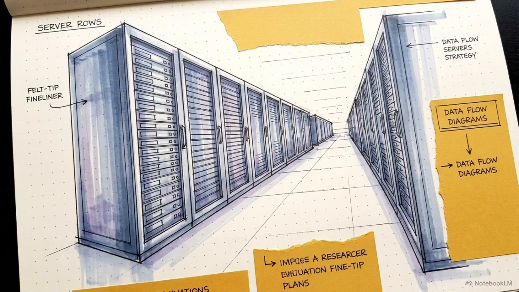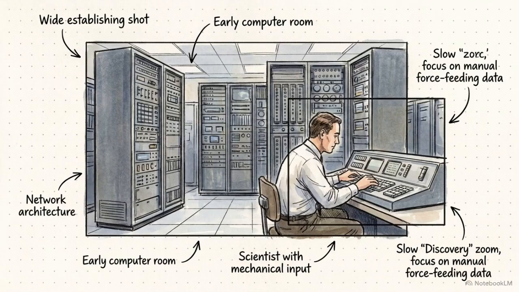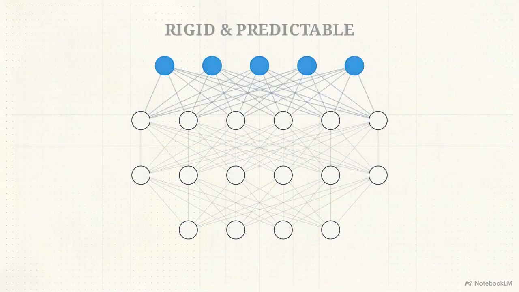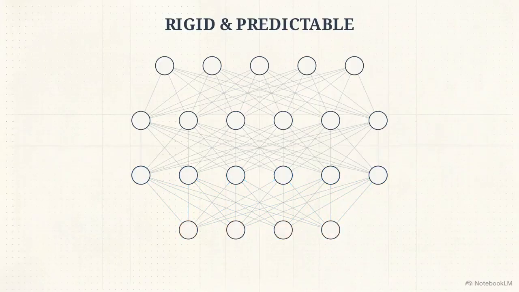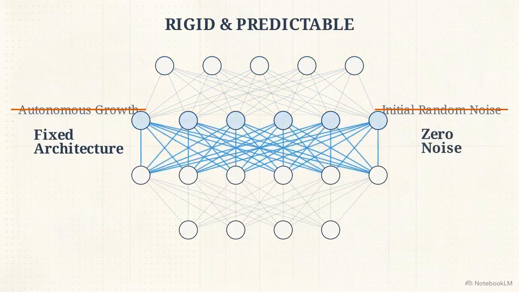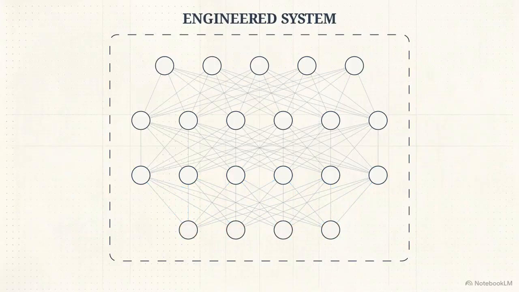When we look at modern artificial neural networks, the approach is entirely different. Today's boom in deep learning relies heavily on top-down design. Computer scientists engineer the network architecture first. They build a blank framework devoid of starting information, turn it on, and force-feed it enormous datasets. This diagram shows a typical artificial network structure. It is rigid and completely predictable. Artificial intelligence developers actively avoid biological concepts like autonomous cellular growth and initial random noise. Those traits are viewed as inefficiencies that must be engineered away.